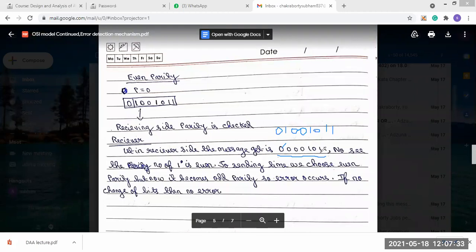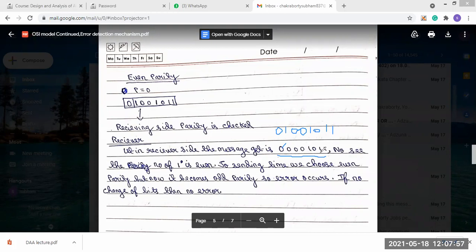At sending time we used even parity, but now on the receiver side we are getting odd parity. This is not possible: we are sending even parity, but on the receiver side we are getting odd parity. Then we can already know that an error has occurred.